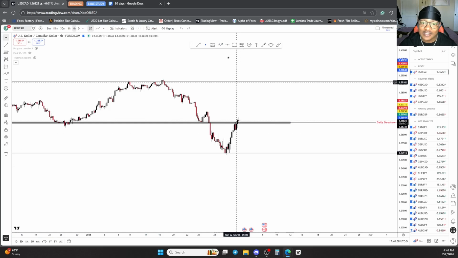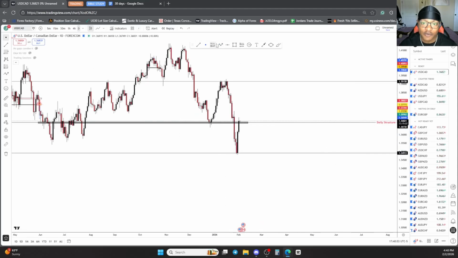So now price gave me that retest of my floor, treating it as my resistance. We're simply waiting for price to get back below. But as price on the 4-hour performed the break and retest of this structure, that allowed the daily time frame to do the exact same thing. We see the daily perform the break.